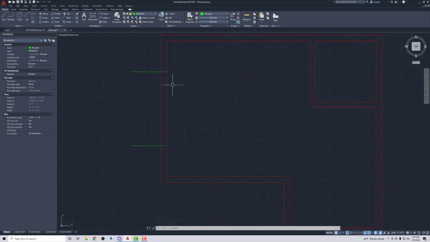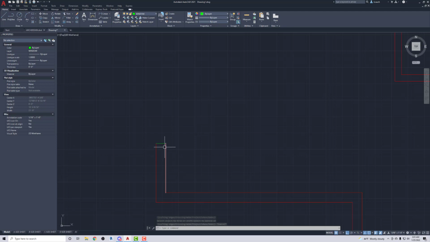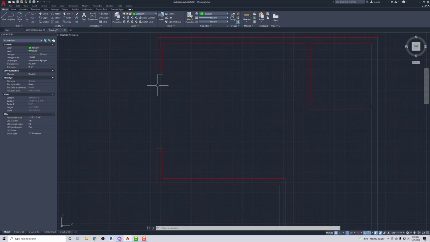So what I want to do now is trim out this part of the wall that's going where my window needs to go. So I'm going to use the trim tool. I'm going to click out this one, this one, this one and this one. So I have my wall ends here, but you see that the ends of the wall are on the window layer. So I'm going to just make a window. Left click and let go of the button and drag it down to where it's covering both. Click it again. I'm going to change this from the window